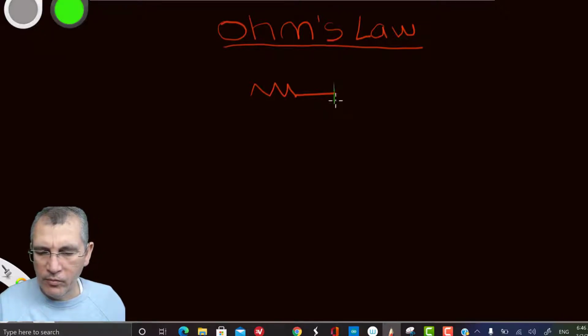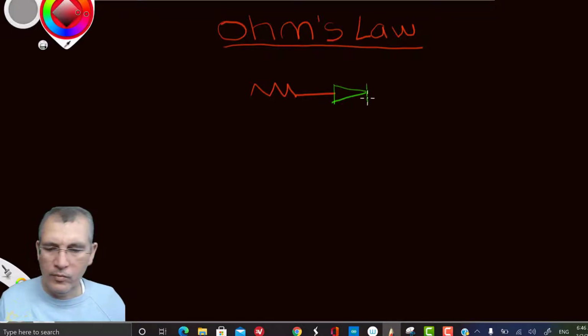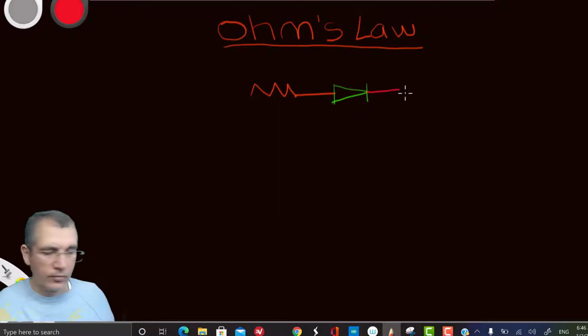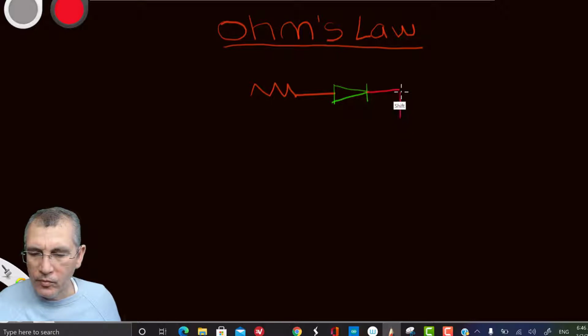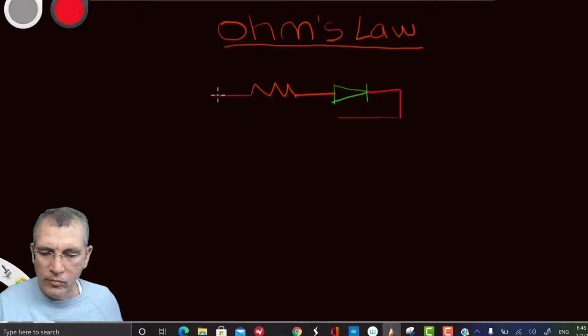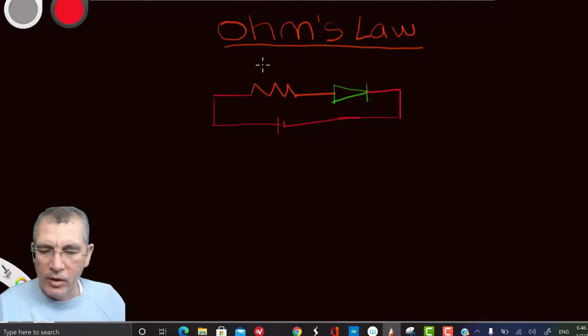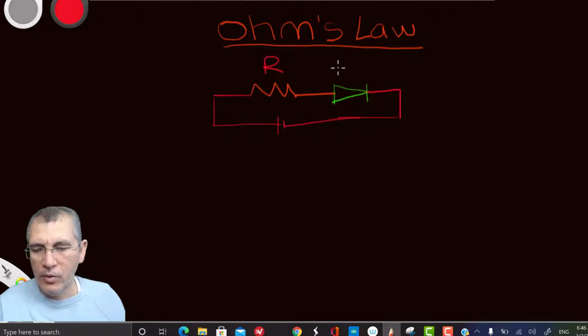Let's give it green, and let's close this circuit here. Not good at drawing, but I did my best. So we have a resistor here, we have an LED here,